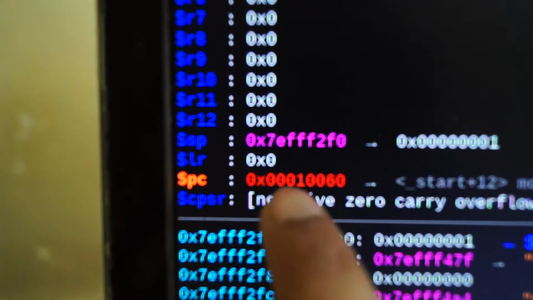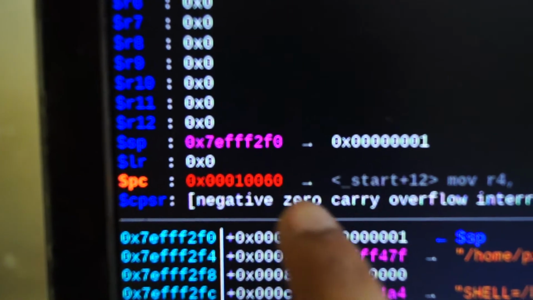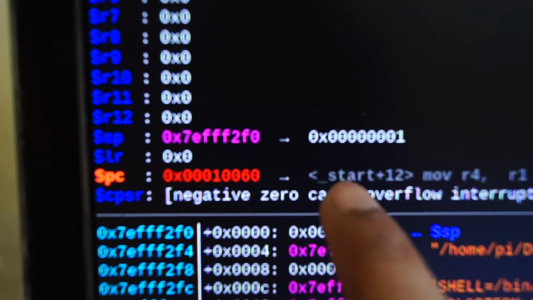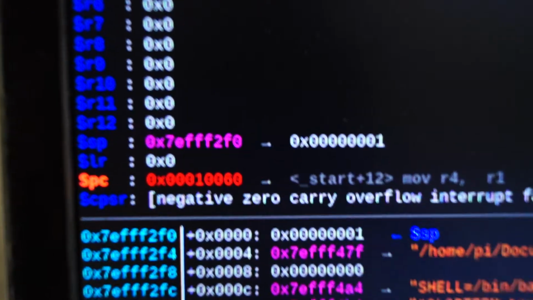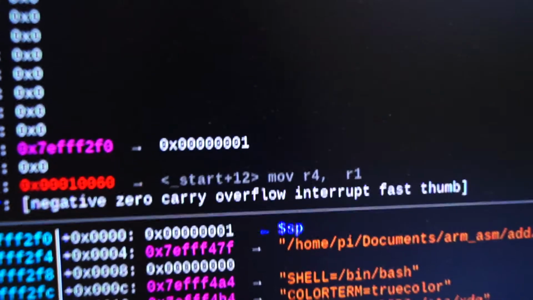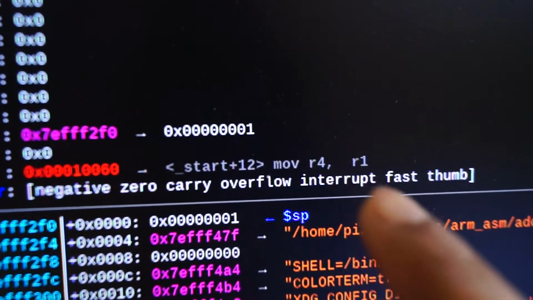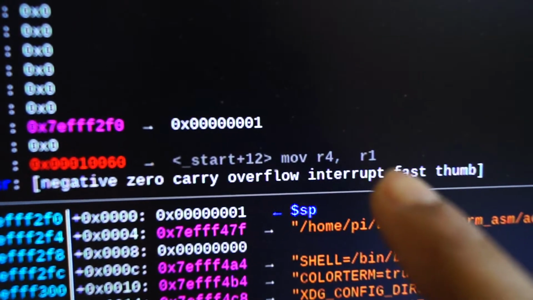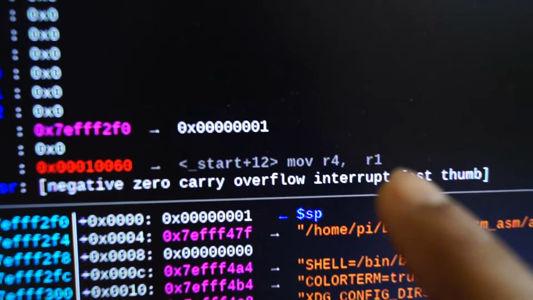Now the program counter is pointing to the next instruction, which is relative to the start plus 12 bytes, and the instruction is move R4 comma R1.